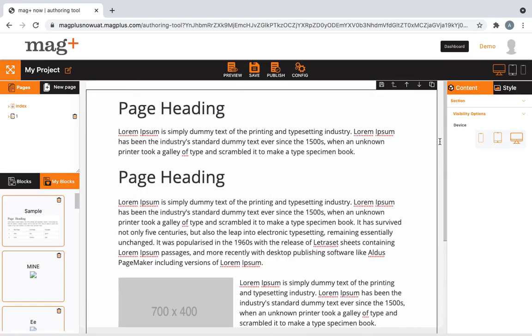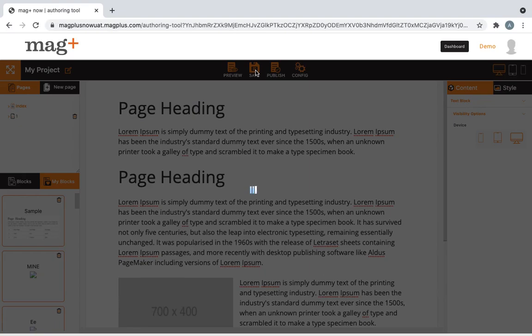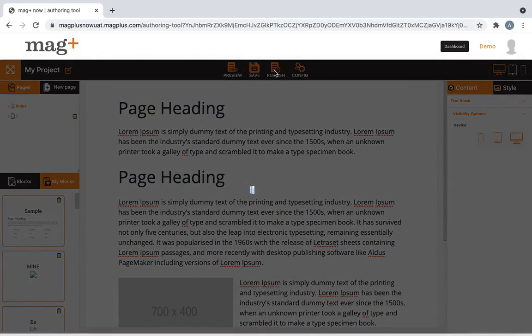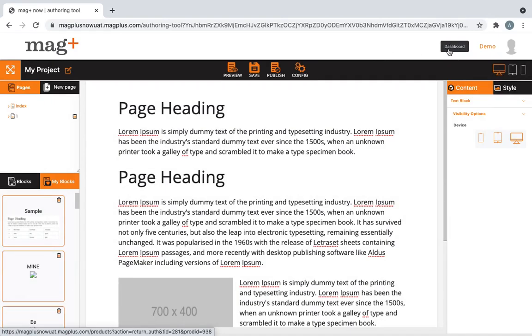Now once we're done with that and we're happy with the way that our document looks, or our issue looks for that matter, click on Save, and now our page has gotten saved successfully. Click on Publish over here in order to publish it online. Now in order to publish it online, you would have to go back to the dashboard over here, click on Dashboard,